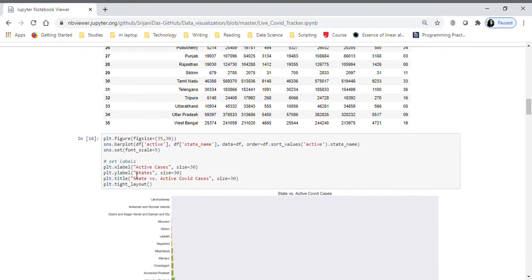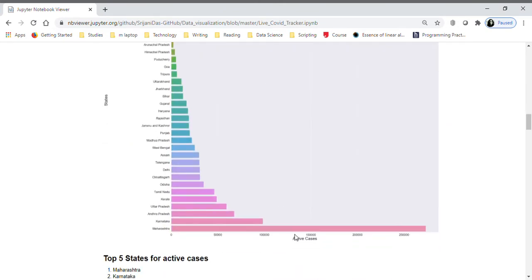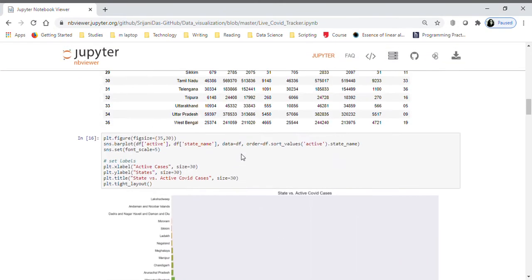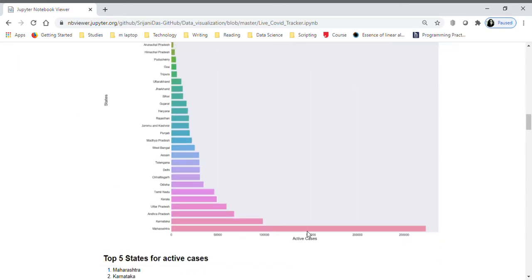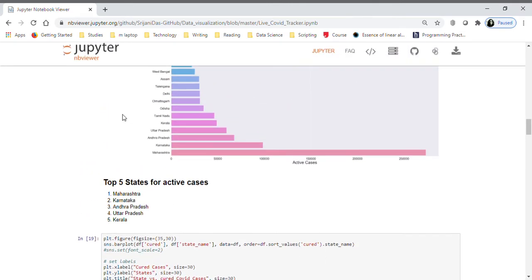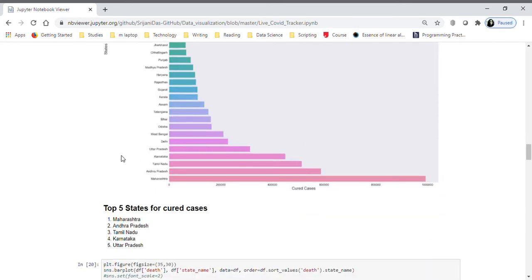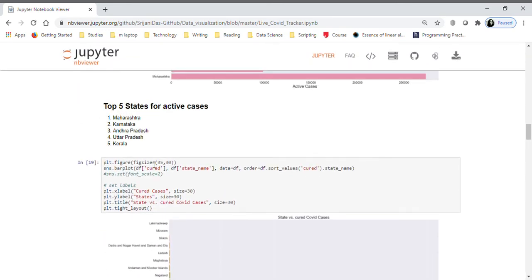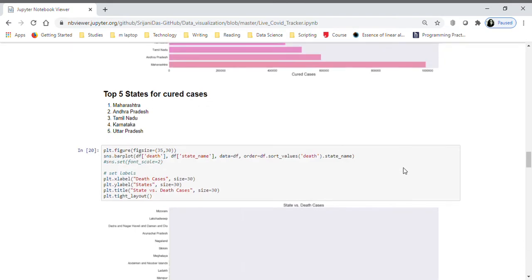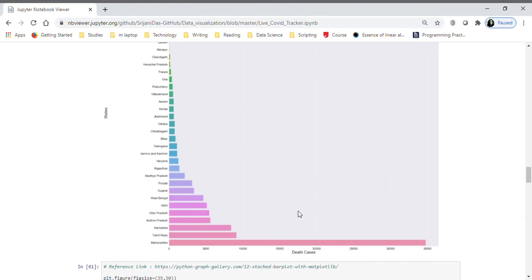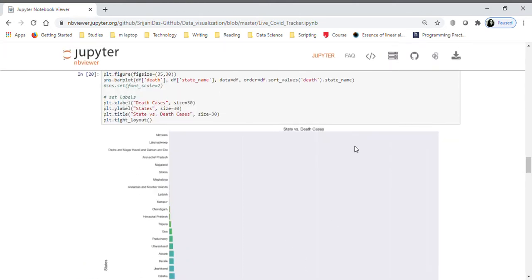Next thing, X label, Y label, of course we need active cases, states, and this is the title and title layout. Even if we don't use title layout, it won't matter much, at least for this one. Next, same thing we did for recovered cases, like this. In a similar way, we just changed the X here, which is recovered now, and next we did for death cases. Now let's observe